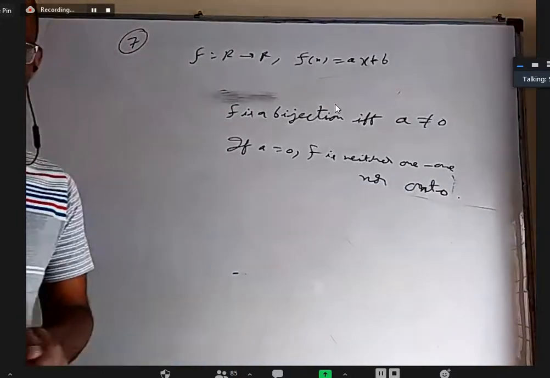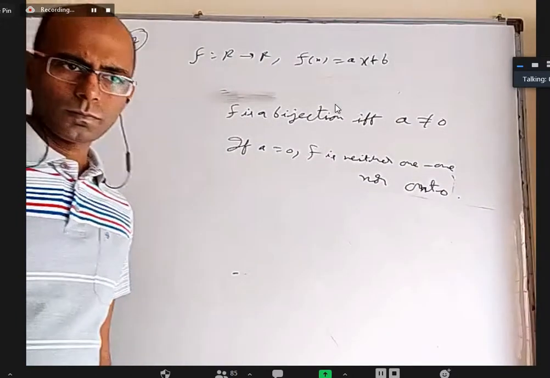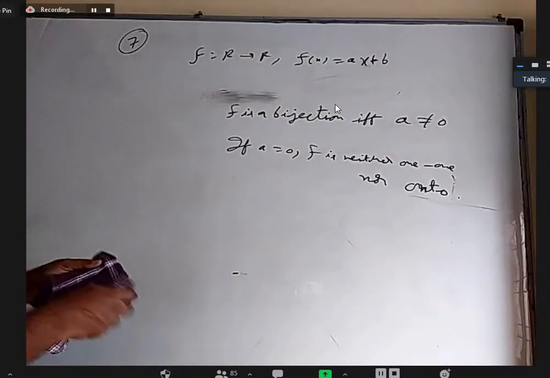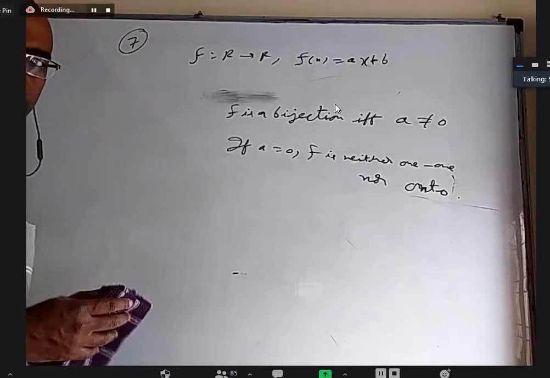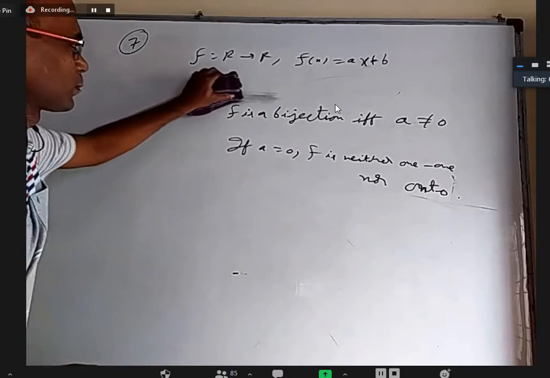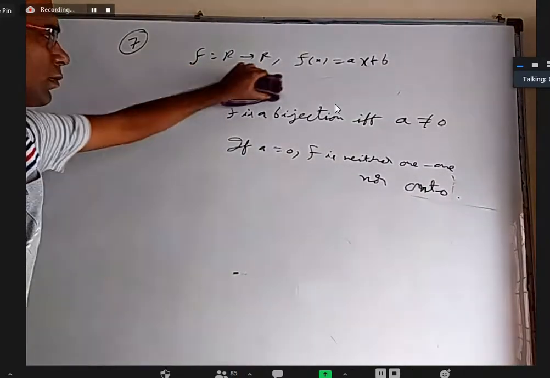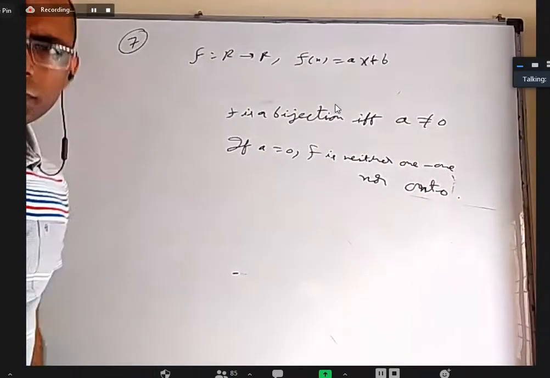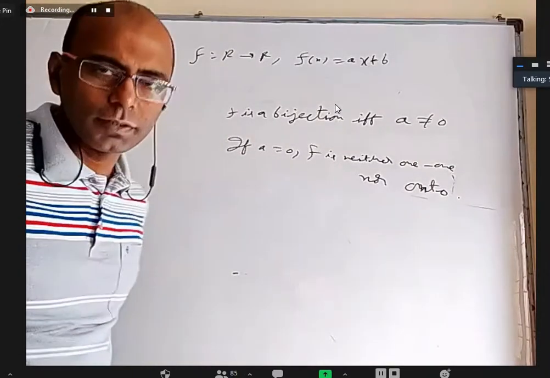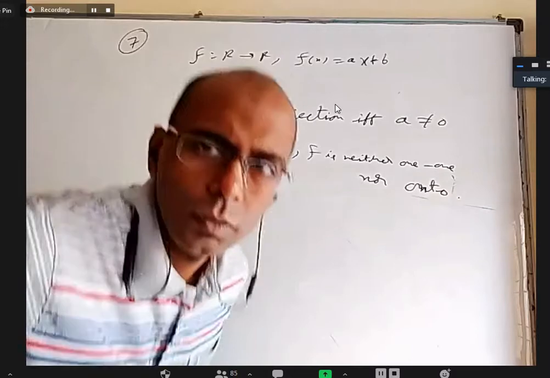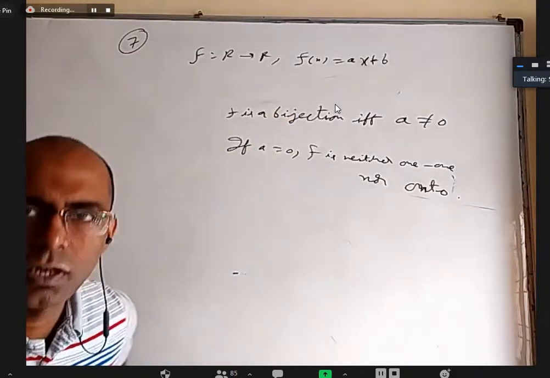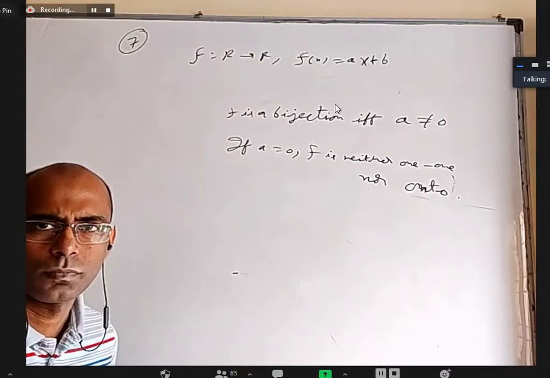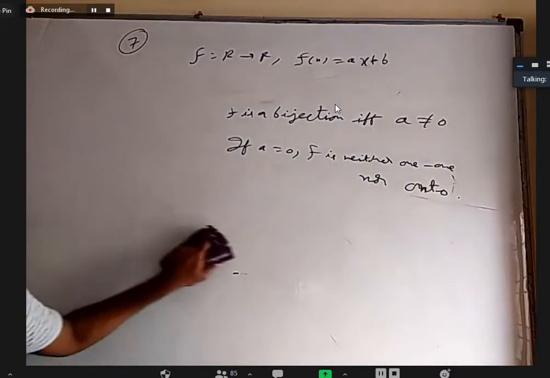Is it clear? Seventh question, everybody? Yes, sir. Sir, so the part where they gave that this function has an inverse is used to tell us that it is a bijection, sir. Yes, only a bijection can have an inverse, right? If something is not one-one, the inverse cannot be a function. If something is not onto, the inverse cannot be a function. Yes, sir. Okay.